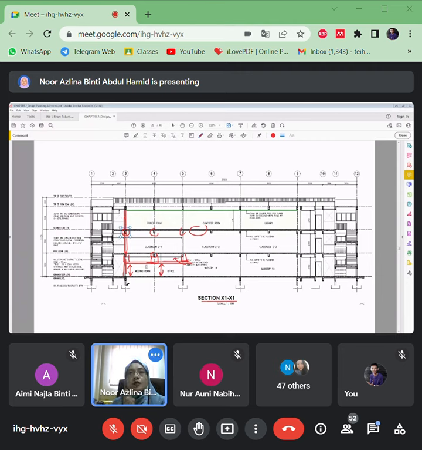So kalau that means the columns will follow the size of bricks. It will follow the size of brick, which is this is the size of brick. Let's say 200. So the column also follow the size of brick here. Okay, this is the columns, and also this is the brick.